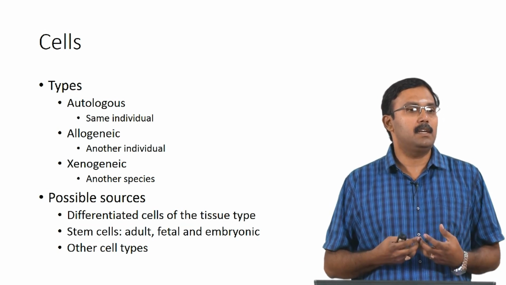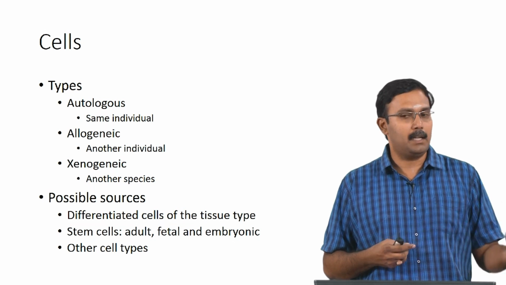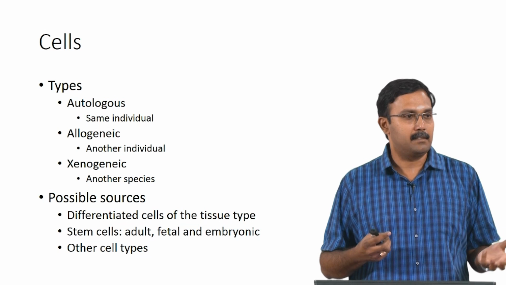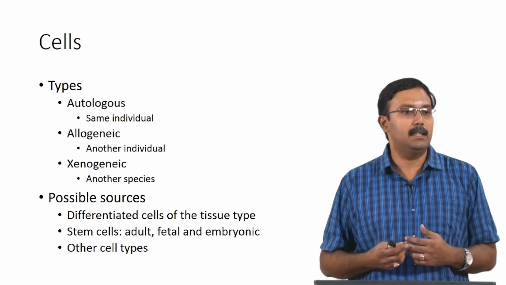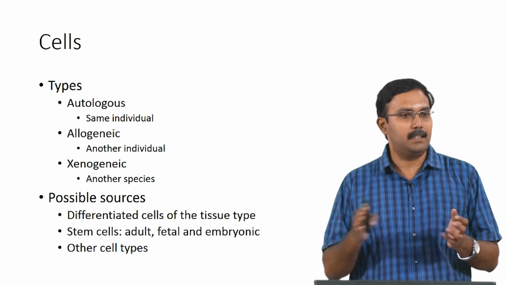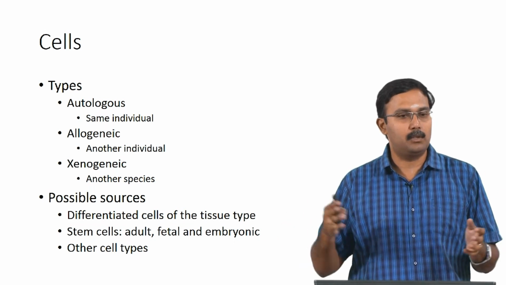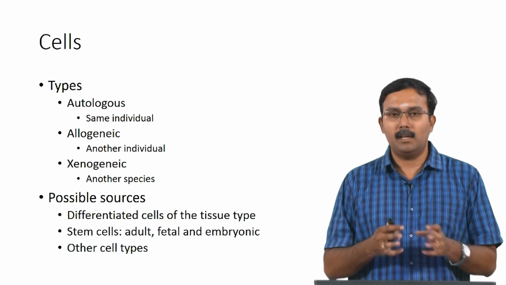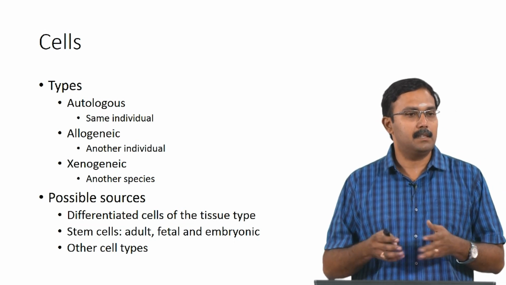There are also studies where people have shown that one type of cell can be converted to another type of cell, even if it is a somatic cell, means without actually taking them to the pluripotent state. You could just transdifferentiate them from one to another type. Okay, there are different things which people have worked on. We will try to understand some of the fundamentals and take it from there.